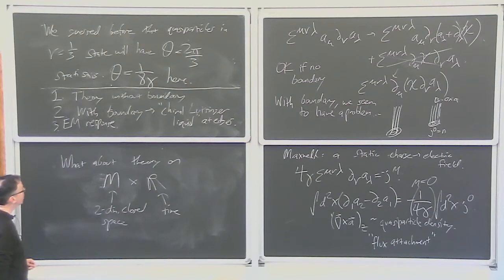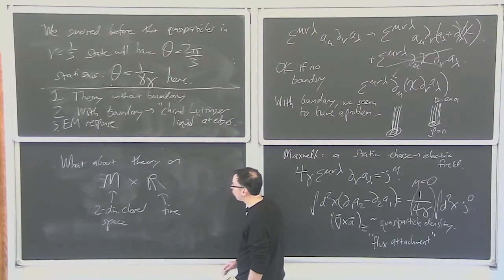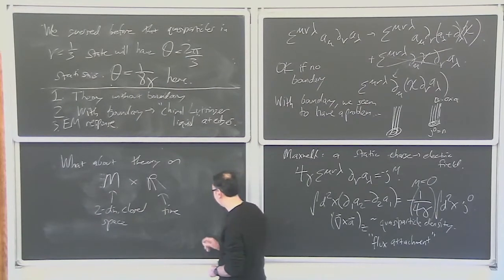So how do I solve this theory? And this is kind of amazing because it turns out that even though this is a 2 plus 1 dimensional gauge theory, we can solve it. And there's only one piece of information it can have. So the spectrum,